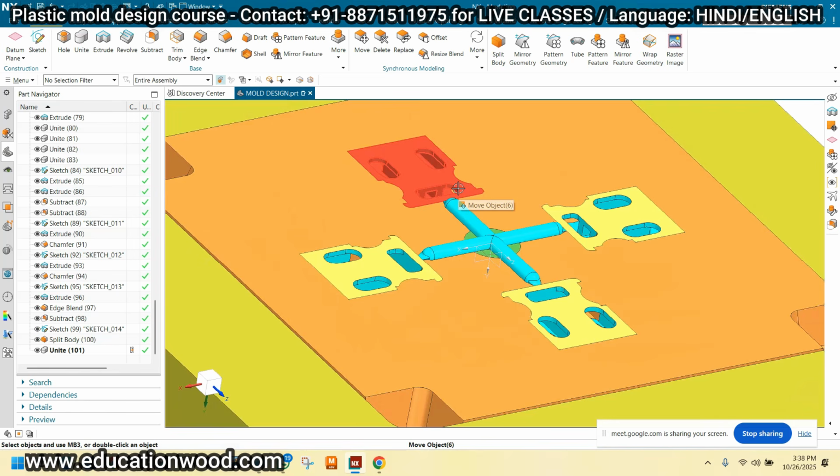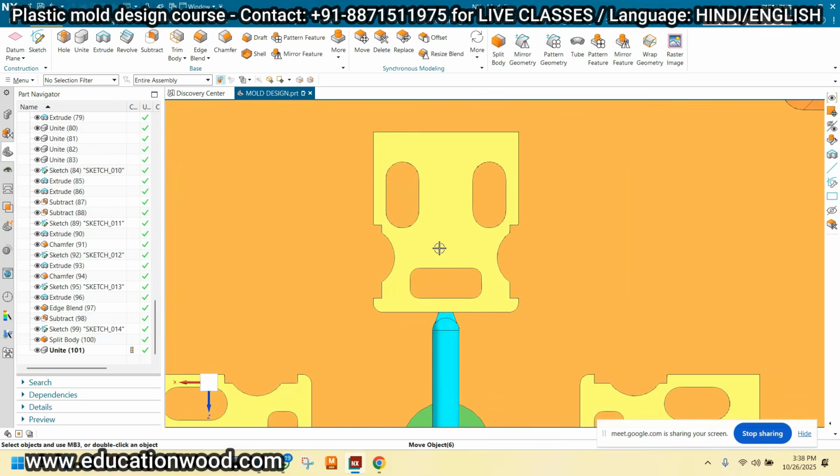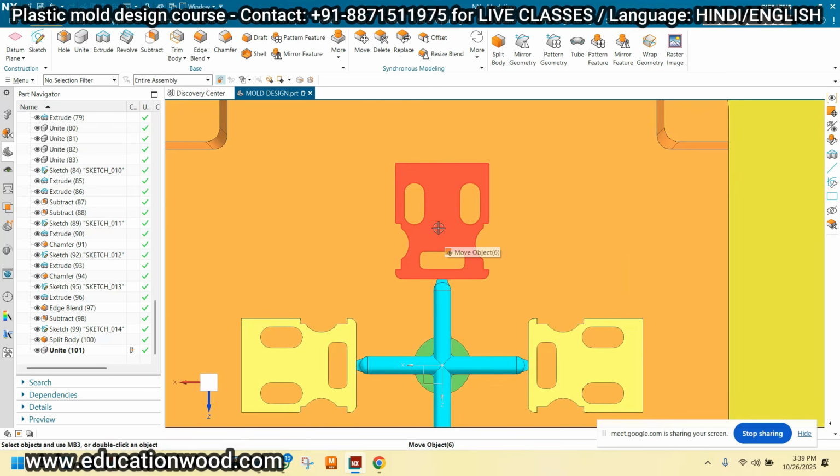Basically, for example, if we want to eject the component, first of all we have to ask the customer. Customer suggestion is very important for us. If we provide the ejector pin at the center here, and the customer says this face is very important for appearance, then we cannot provide the ejector pin here.